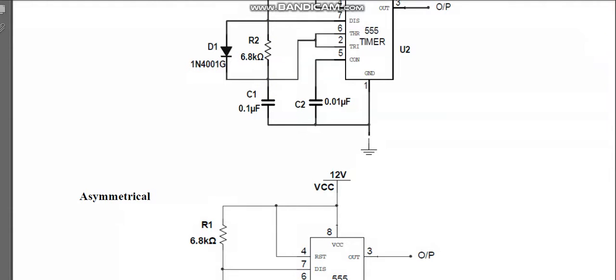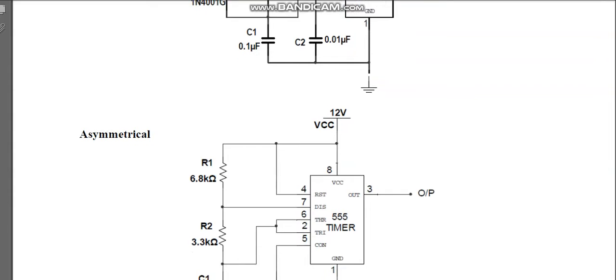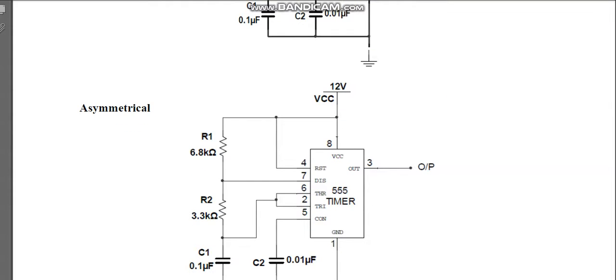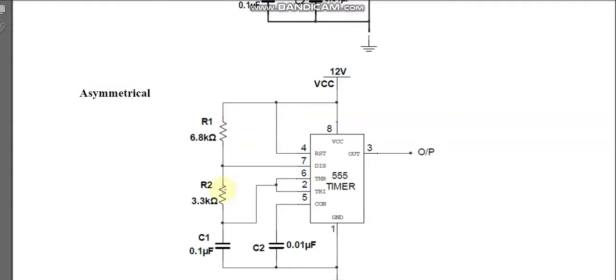So in the asymmetrical, we are removing that value, and T is given, and accordingly you will be calculating the values. See again, C I have assumed as 0.1 microfarad. So here, in asymmetrical, you can remove the diode connections, and you have R1 and R2 depending on the values of D. Here I have taken D as 70%, probably. That you can calculate, or we would have done it for 75. So you can calculate R1 and R2.